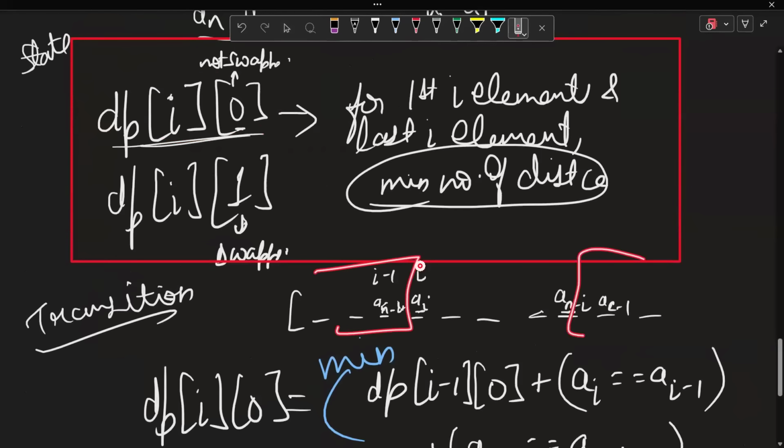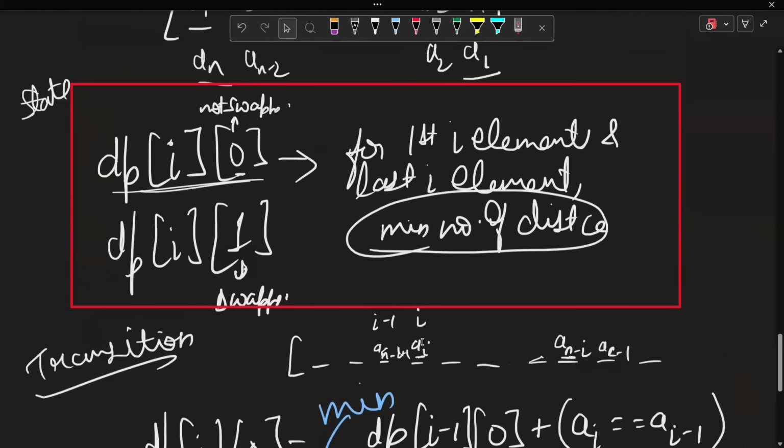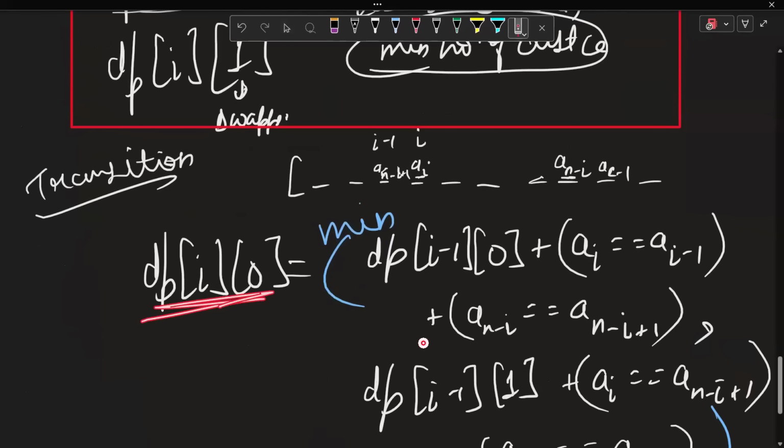फर्स्ट i एलिमेंट और लास्ट i एलिमेंट जस्ट ये कंसिडर कर रहे हैं, और ith को स्वैप नहीं किए हैं, देन मैक्सिमम। ठीक है। अब मैं i0 को क्या लिख सकता हूँ कि फर्स्ट i minus 1 तक। नाउ ये जीरो है, इट मीन्स i पे मेरा फिक्स्ड है कि ai और a[n minus i minus 1], ये मैंने स्वैप नहीं किया है, ये फिक्स्ड है। नाउ i minus 1 पे दो ऑप्शन हो सकता है, या तो मैं इसको स्वैप किया होऊंगा या स्वैप नहीं किया होऊंगा।